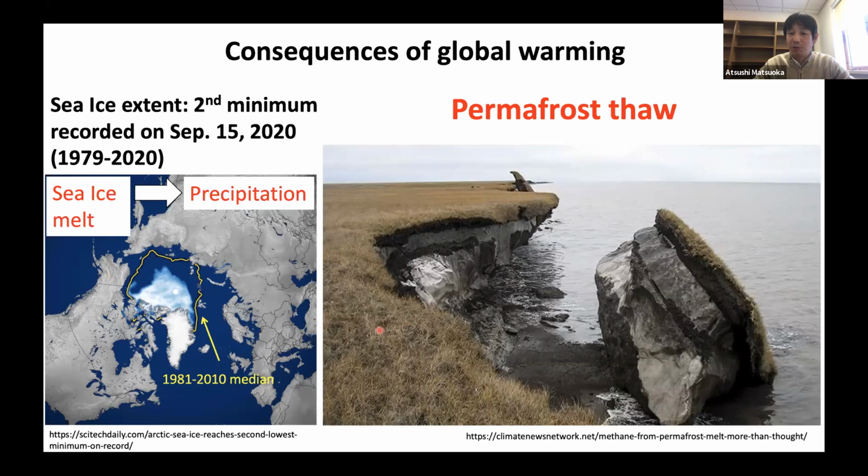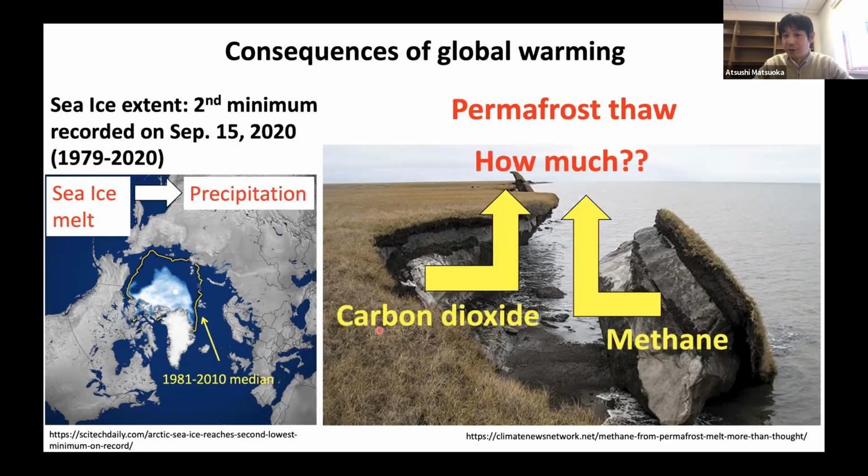One of the most important reasons why we focus on this topic is that permafrost contains a huge amount of organic carbon, which accounts for over 50% of global carbon stocks and more than double that contained in the atmosphere. So there is growing concern about how much carbon can be released back to the atmosphere as carbon dioxide and methane, which are major greenhouse gases. So the permafrost thaw issue is not only for the Arctic, but also for the global climate system.